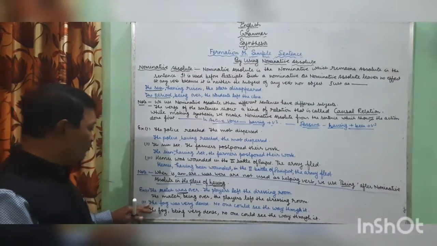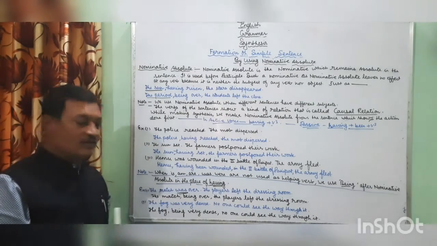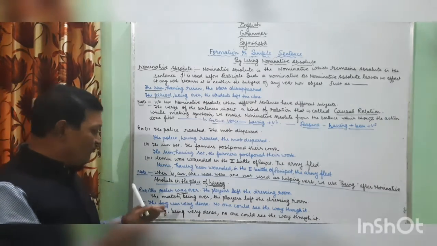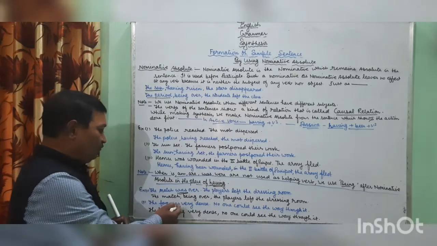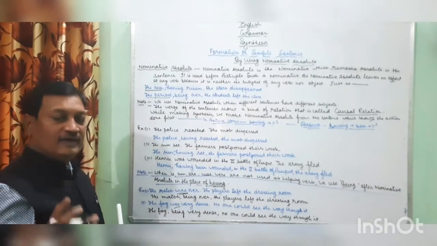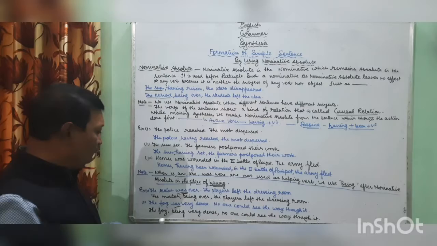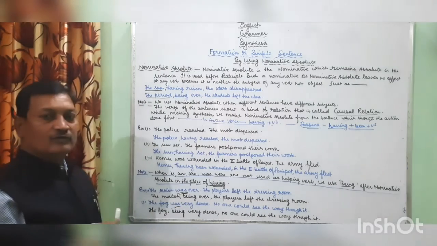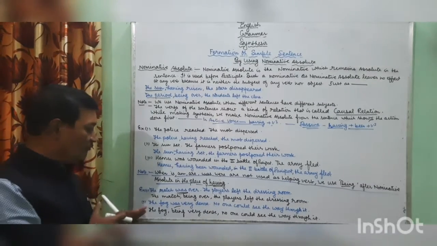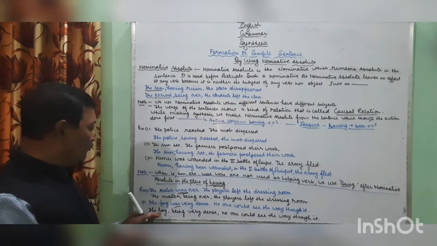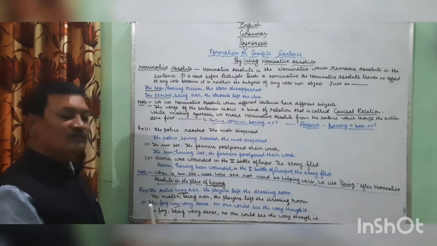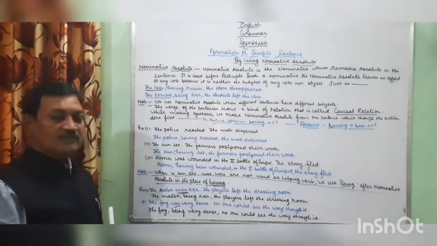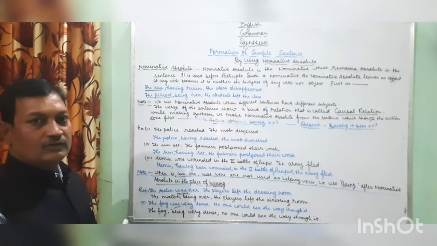Let's see one more example. The fog was very dense, no one could see the way through it. Students, once more we see was is not used as helping verb, so we'll use being. Since the first sentence shows that the action was done first, we'll use the subject of this sentence as nominative absolute. The fog being very dense, no one could see the way through it.